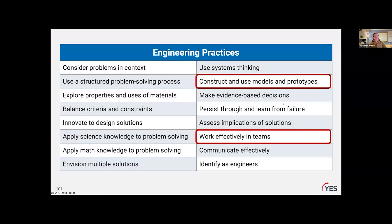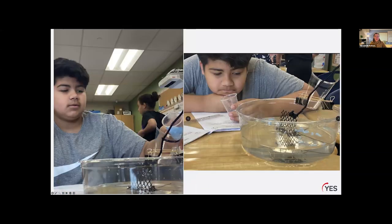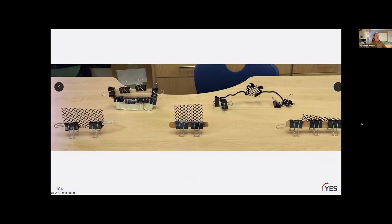And so in this particular lesson, we're again trying to work effectively in teams and really recognizing that they're constructing models, they're using prototypes, and they may also need to persist and learn through failure here. And so you can see students creating their filters here, and a student here who's pouring it in looks a little hopeful, and then looks a little disappointed maybe when the filter doesn't necessarily work the way they planned. Here are a couple example filter designs that kids have made. That plastic mesh seems to be a popular, although it is very expensive,